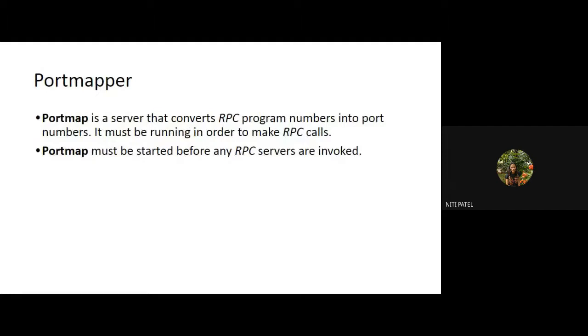Then we had seen that whenever those two machines are communicating, they require a port over which the communication can happen. So who is going to tell you which is the port where the communication happens? It is the port mapper. The function of the port mapper is that it should tell on which port the data is to be listened, or on which port the data is getting listened.